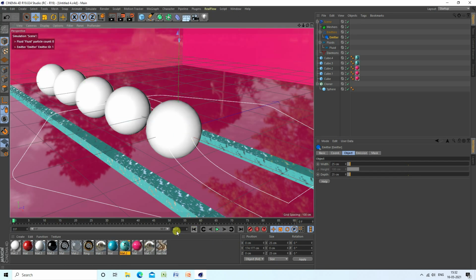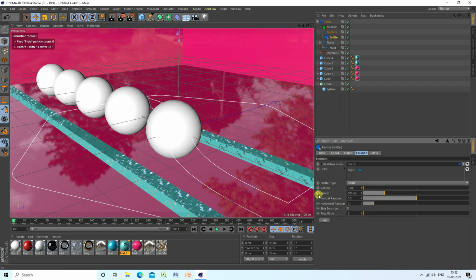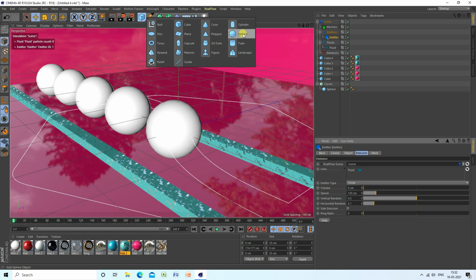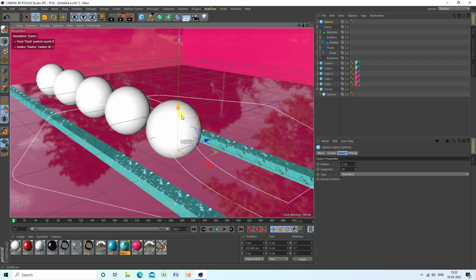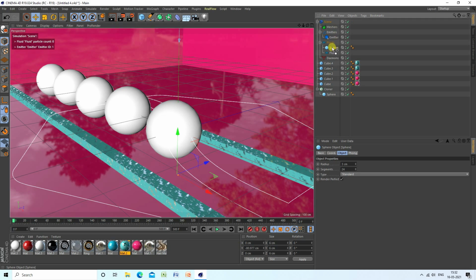Okay guys, this time I increase frame like 500, and increase full. And guys, I change speed. I take like slow motion 120. And go to here, guys. I take sphere, that's my particle, and sphere radius I take 3. And go down. So guys, select this pair and make child with flirt.